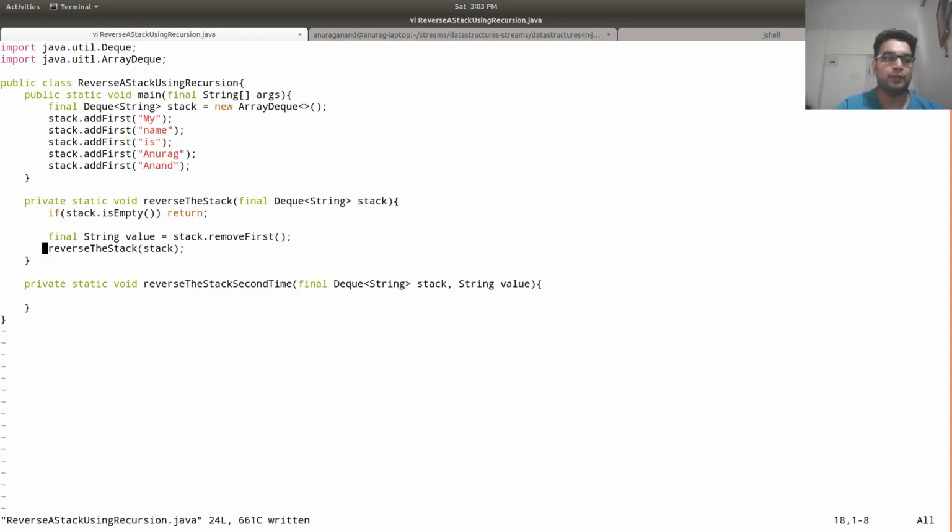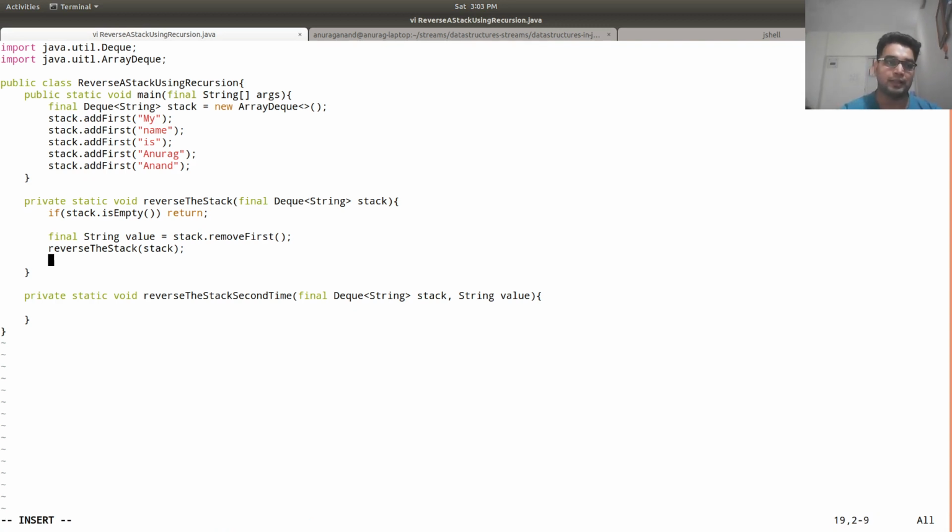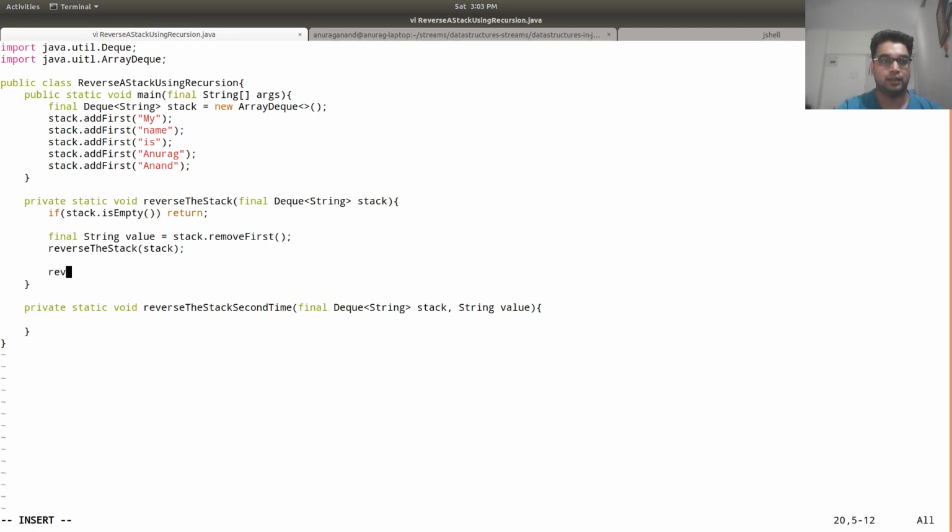But if we try to add this value in this sequence again in the stack, we will get the same exact sequence that we have here. So we need to now invert or reverse this recursion stack by using another recursion stack. So this is inception over here, stack dot value